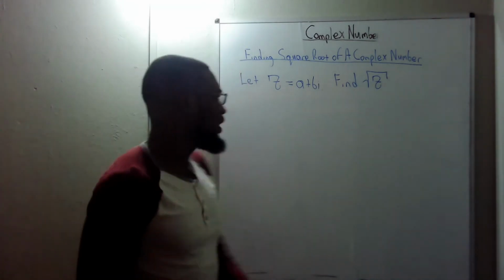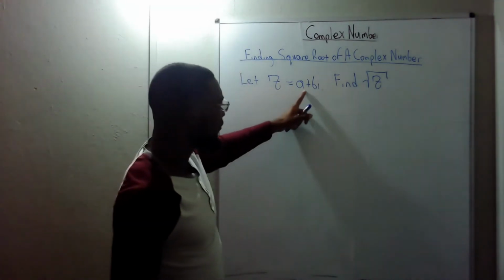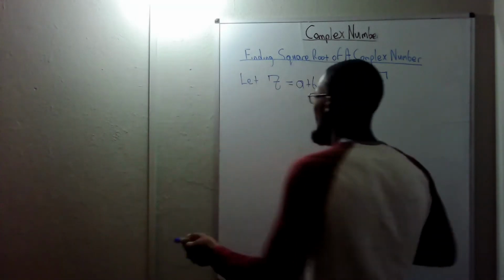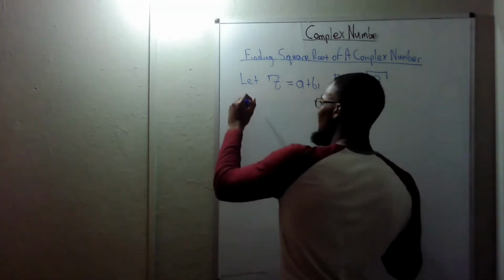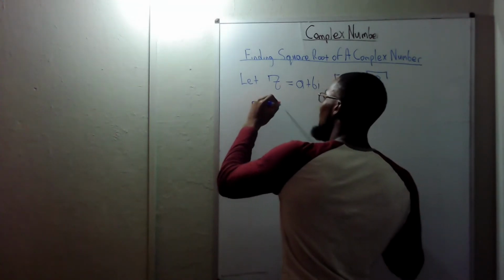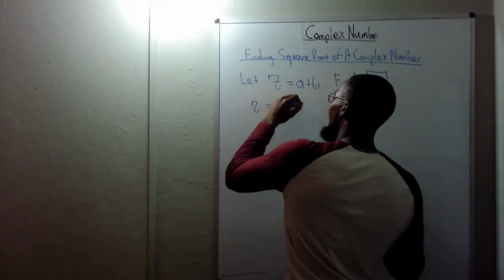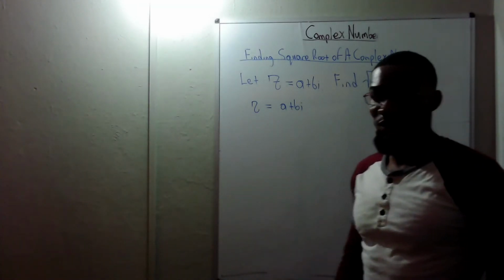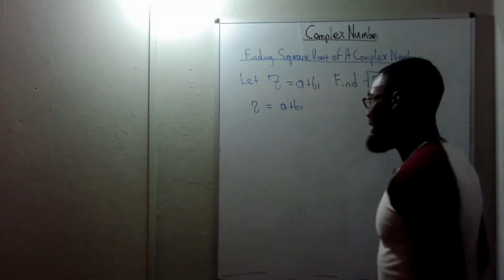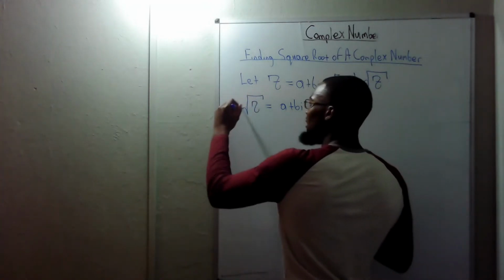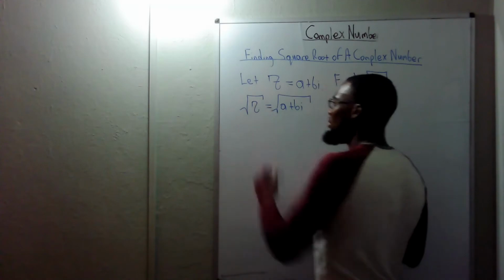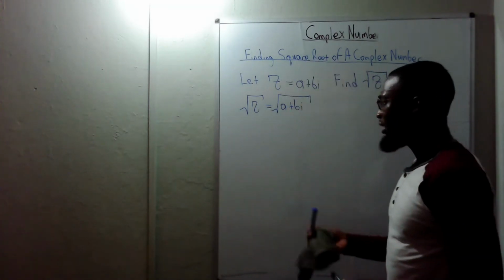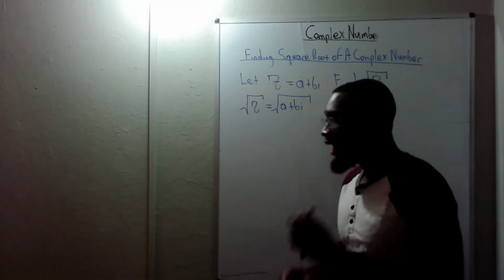Think about it this way. If we're trying to find the square root of this number right here, we have the complex number z equal to a plus bi, and we need to find the square root of z. So the square root of z is the square root of a plus bi. Now here's the first step to find the square root of a complex number. Step number one,